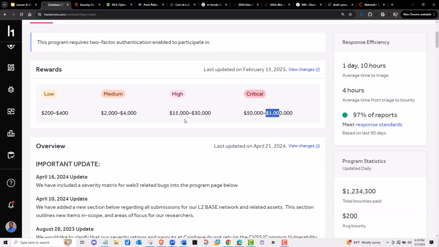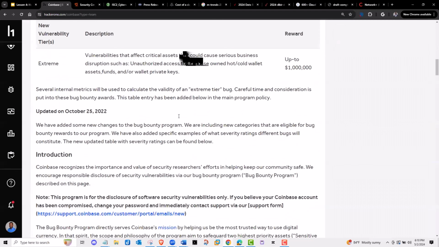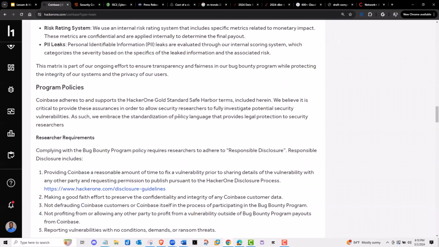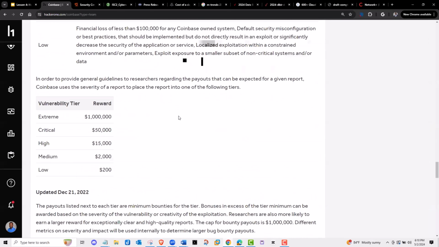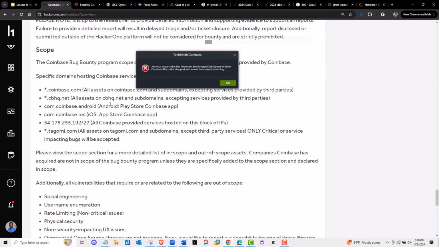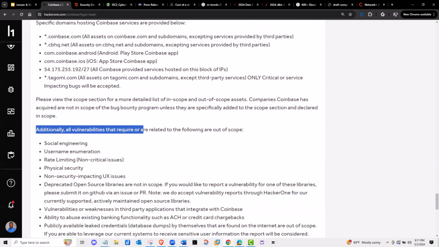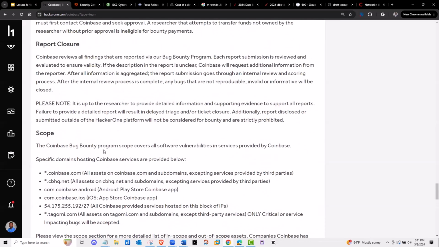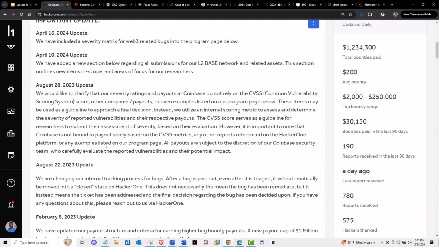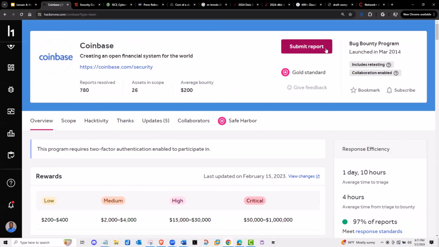You're a millionaire, right? But anyway, you scroll down here, you start seeing the things that they let you attack. You start seeing what's in the scope. They tell you anything at Coinbase.com, you can attack the heck out of that, right? And then they tell you the things that are outside of this scope. So don't social engineer anybody. Don't be calling Coinbase employees and trying to trick them and play some games with them. Anyway, once you find a vulnerability, a weakness, you can submit the report here. If it's critical, then they pay you $1 million.